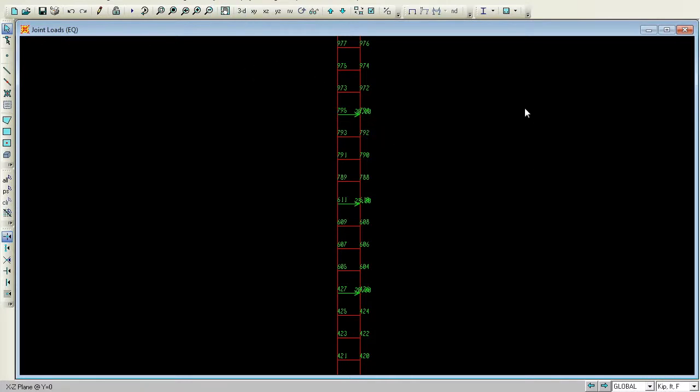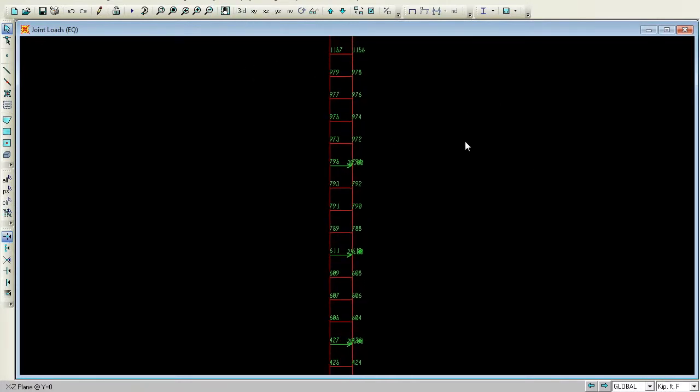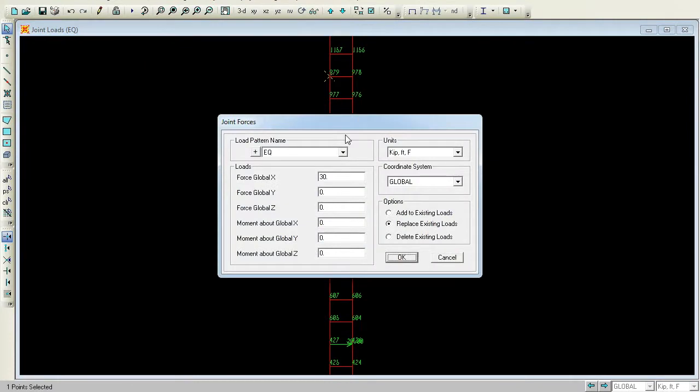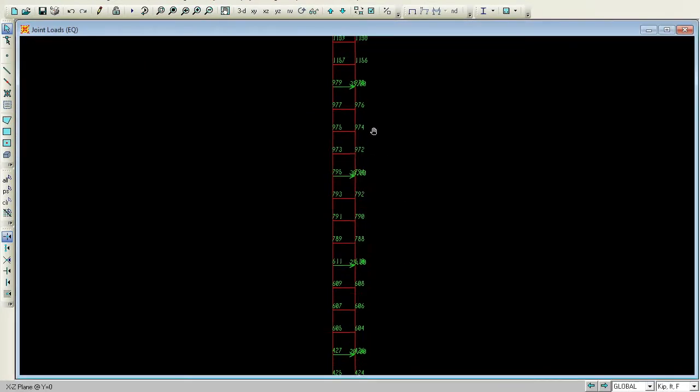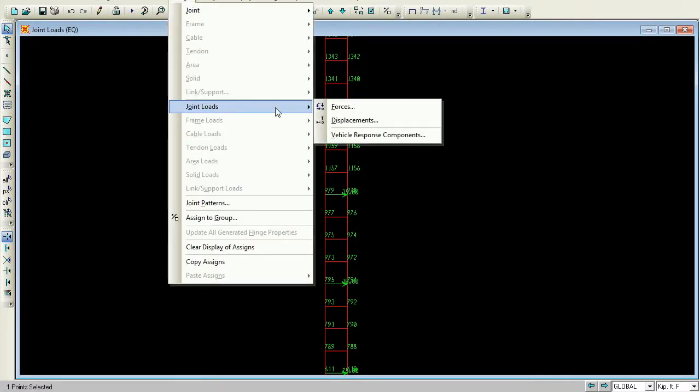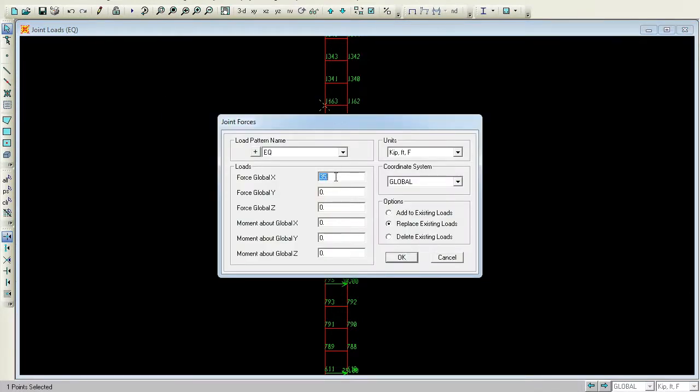Next is 979. Assign. Okay. After 979, it is 1163. Assign joint load forces.